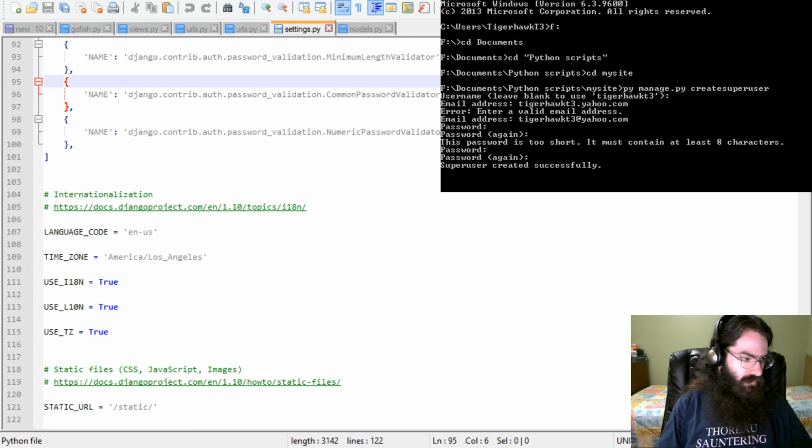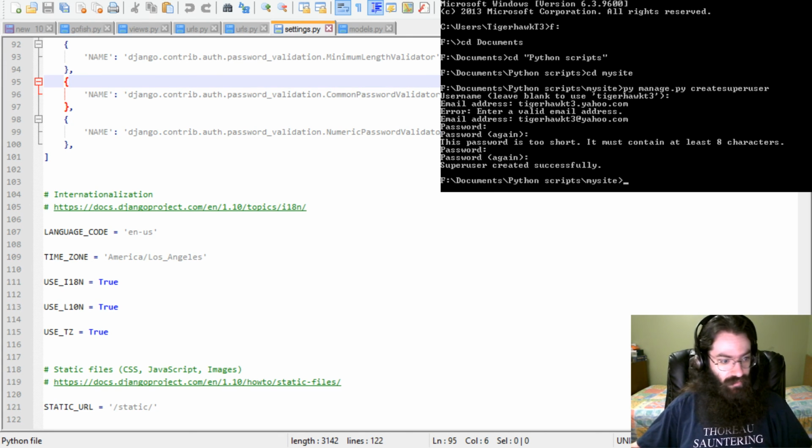I wish it had complained about too short password the first time I entered it, but I guess it doesn't do that. Okay, and the tutorial doesn't say it has to be 8 characters,